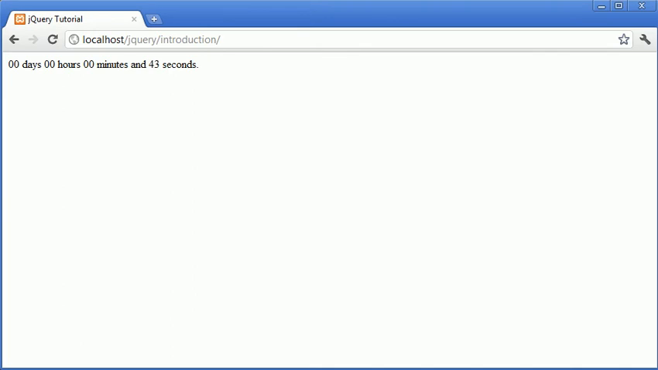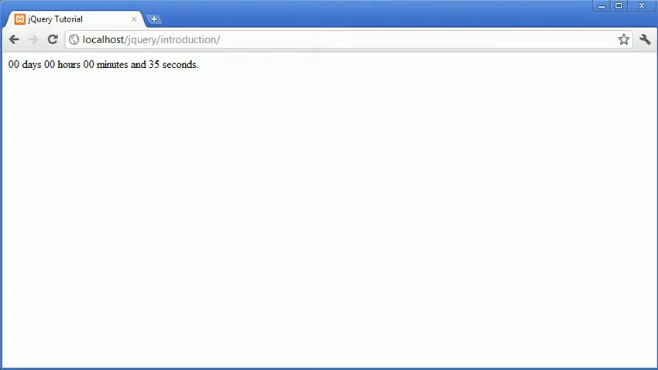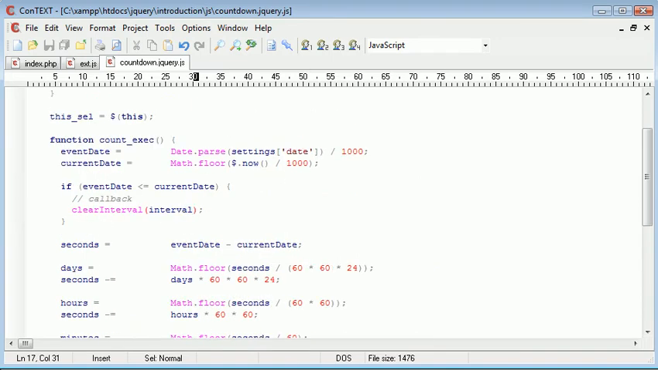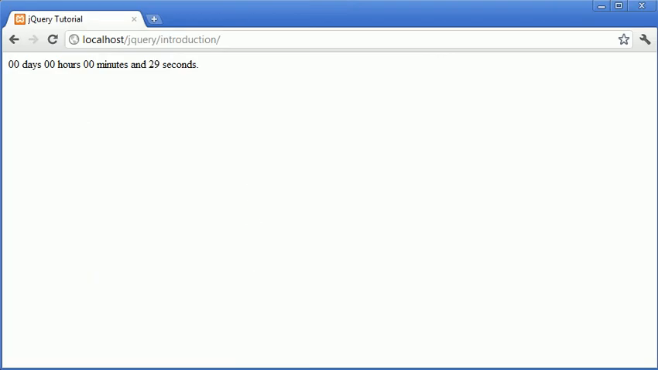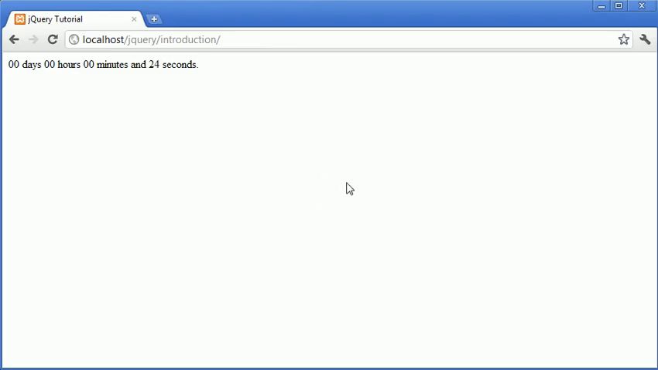Okay, so you can see that we've got 40 seconds to count down. So what's going to happen here is that when the event date is less than or equal to the current date, so i.e. when this reaches 0, according to the calculation, we're going to clear the interval, so the countdown will stop. If we didn't have this line in, it would carry on and everything would mess up because we'd be counting into minus figures. So let's just wait for this countdown to reach 0, and you'll see that all that will